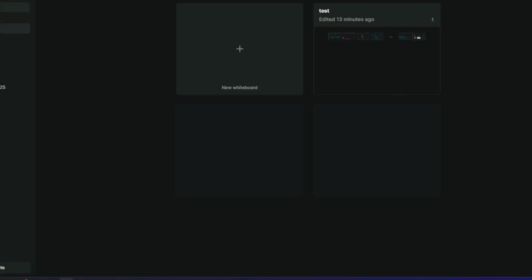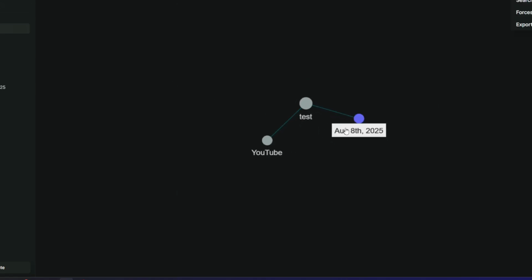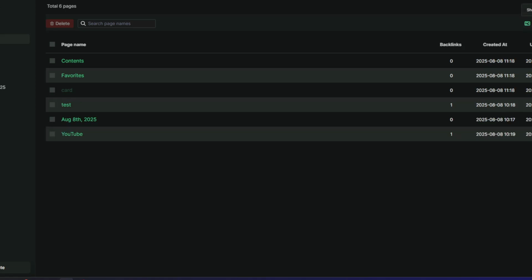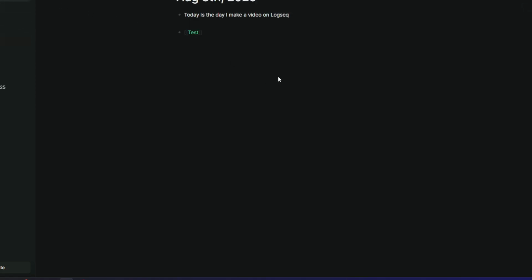And I searched online and I didn't really find a good version of this. So then we also have the graph view, of course. So I made 3 different notes here. And then it's an all pages view where you can show up everything. So journals. Every day you're going to get a new document with